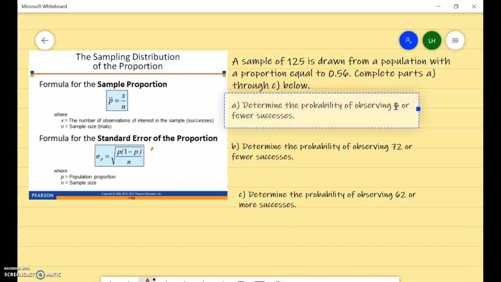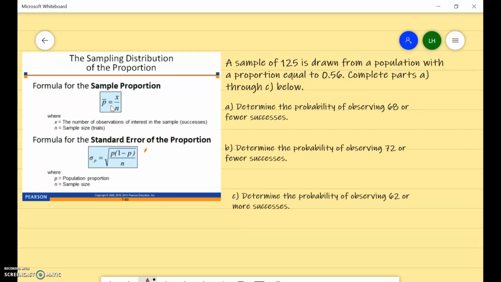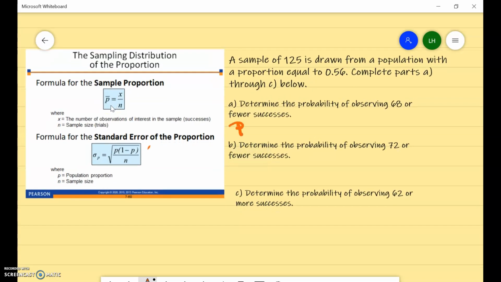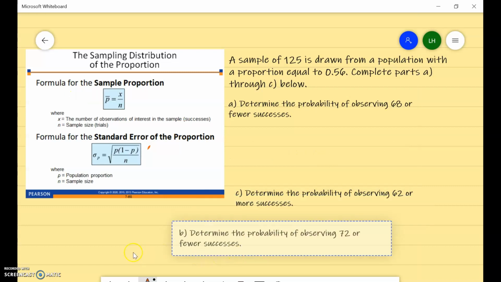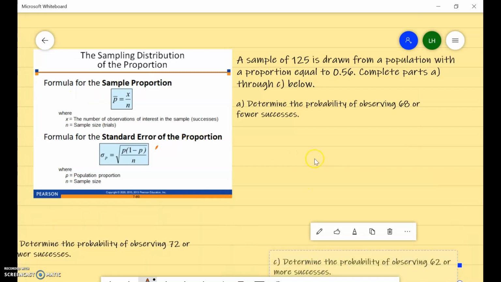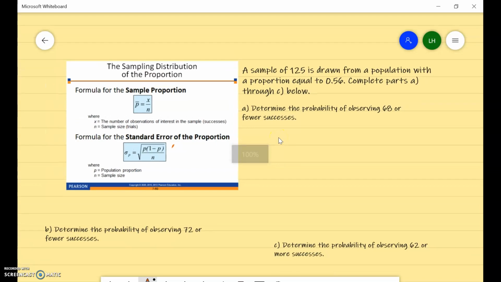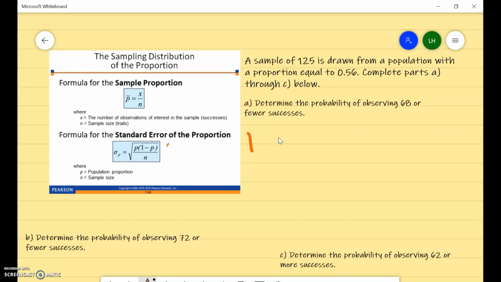Well, it's going to be the same process that we've been doing, but we have an extra step. First, we have to get the proportion. So here, I'm going to move this down out of my way. So 68 or fewer successes. Well, we have to get our proportion. We need a fraction. So 68 successes, x is equal to 68, and our sample is 125. So 68 divided by 125 will be our proportion. And that is